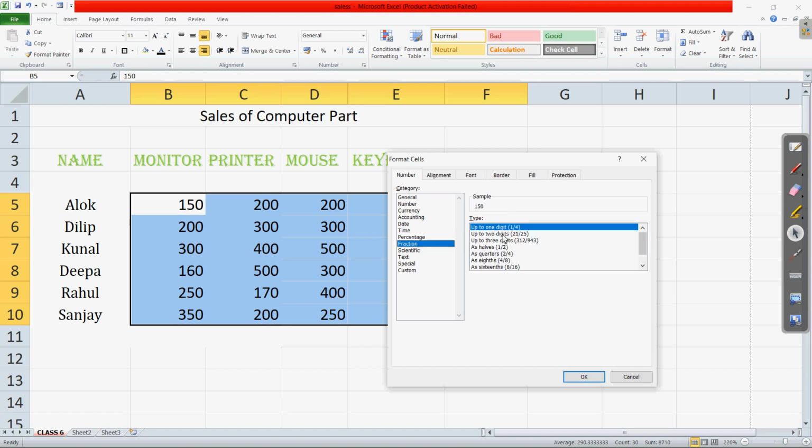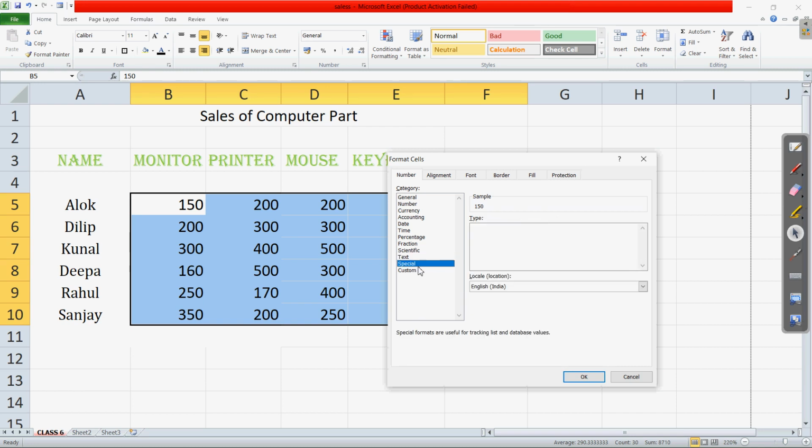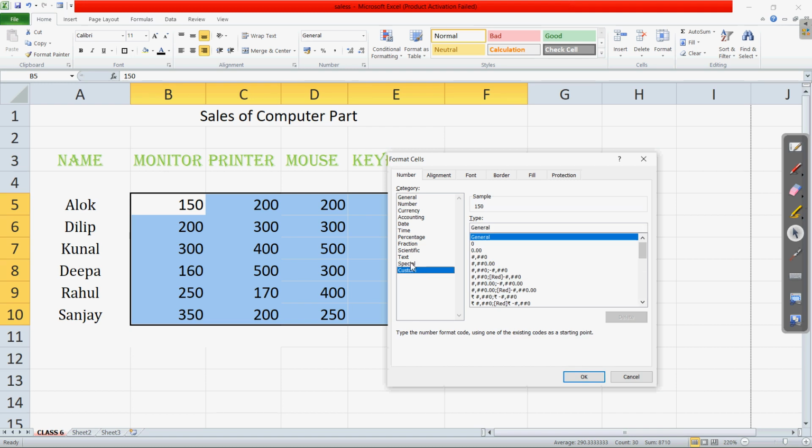Now fraction, if you want this data to be written in the fraction format, here we have the option for that. Then for scientific calculation, we have the exponential approach. Suppose you have to write 2 to the power 4 or something like that, this way we can write the exponential data as well. For example, next is, if simply there is some text, that also can be chosen. Then special, if you want to write any customized or custom values, for that we can choose this special and custom category. Clear?